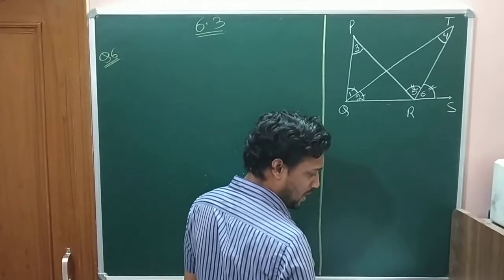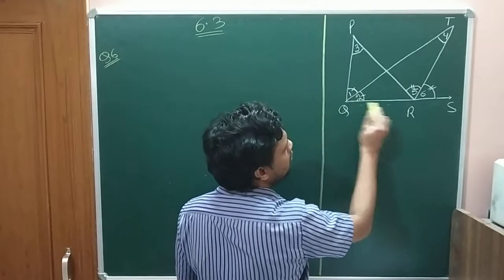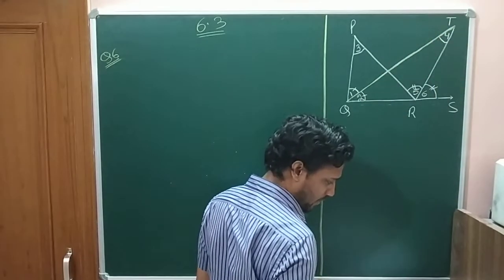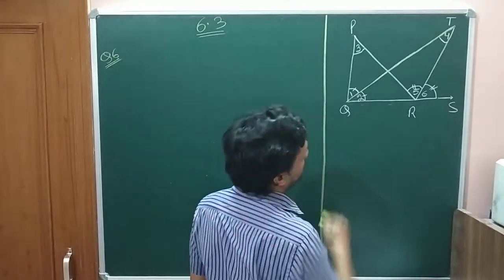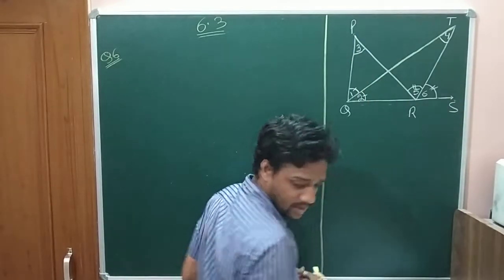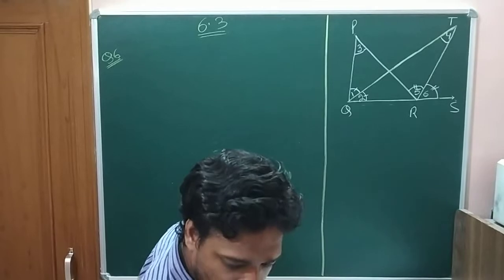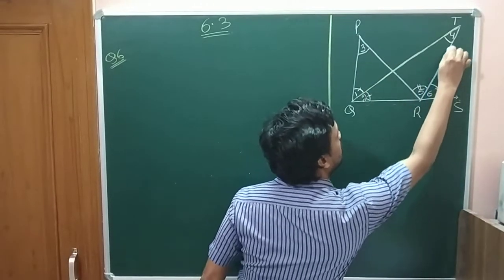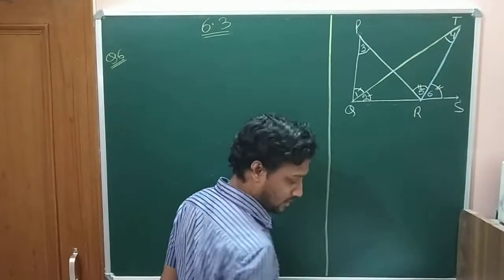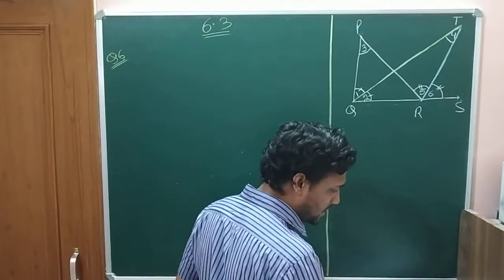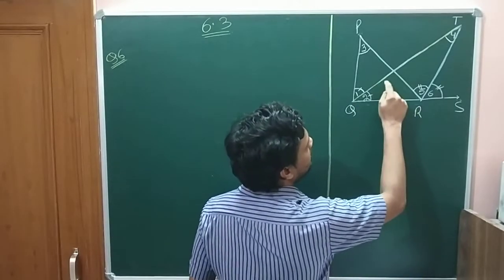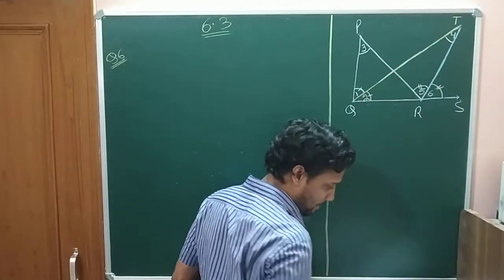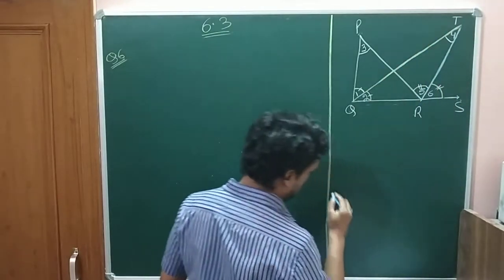If the bisector of angle PQR, that is QT, and the bisector of angle PRS, that is RT, meet at a point T. Both bisectors, this is a bisector of this angle and this is a bisector of this angle, meet at point T. Then prove that